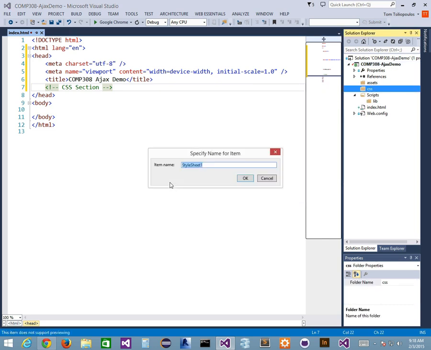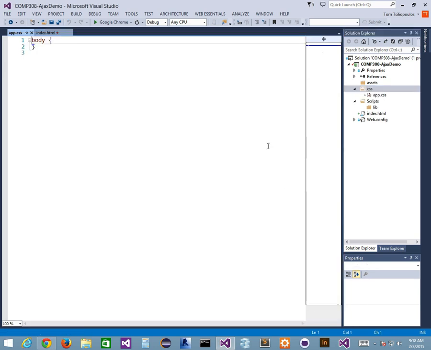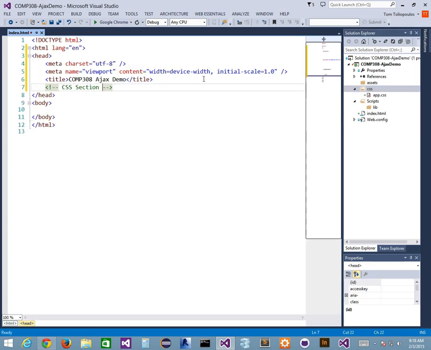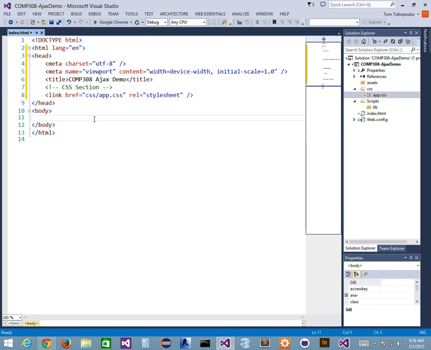So I'm going to go into Style Sheet and we'll call this app.css. There's nothing in there right now. I'm just going to drag and drop underneath it like we normally do. And I'm going to create an onload. This is the method I'm going to use. Onload. When the body loads, I'm going to initiate this init method, which we haven't defined yet in